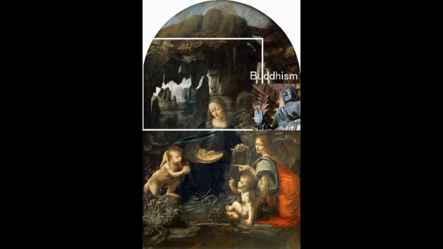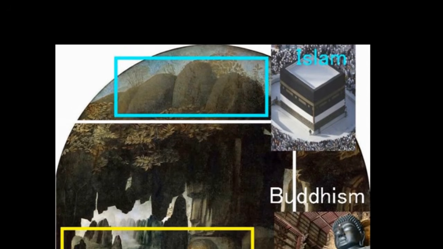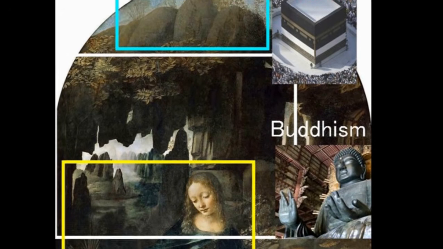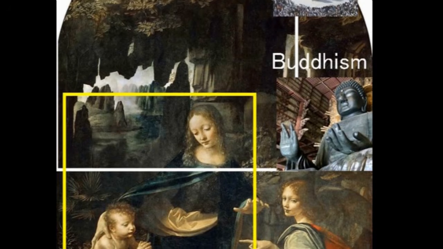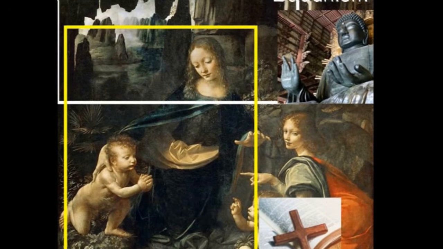And needless to say, Madonna of the Rocks is generally understood as a painting with a Christian theme. It is said that Madonna, or Christian Mother Mary, is depicted in the center. In this way, the three major religions of the world, Buddhism, Islam, and Christianity, are depicted in this one single painting. In other words, Cain the Christ, Savior Cain, who painted this picture, left the following message for us humans.